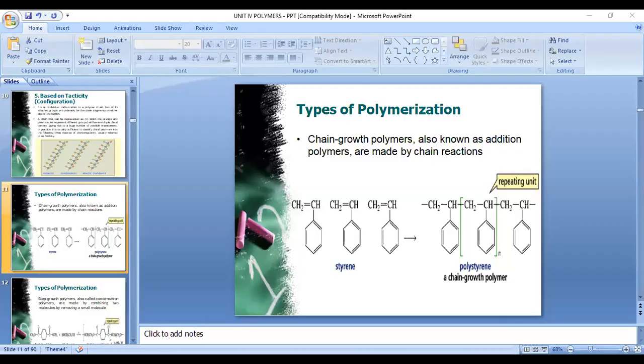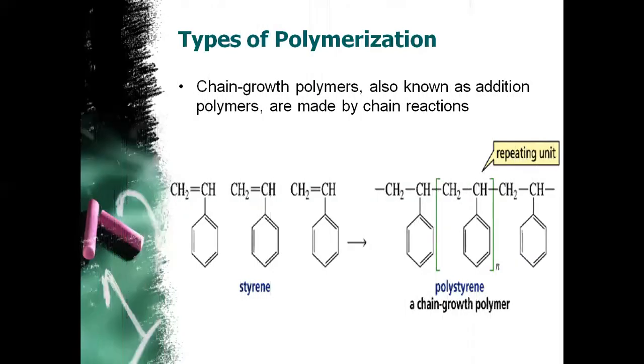In the last lecture, we discussed the different classifications of lubricants. In today's lecture, we will learn about the mechanism of polymerization. Let's begin with the types of polymerization. The types of polymerization are mainly of two types: first, addition, and second, condensation.